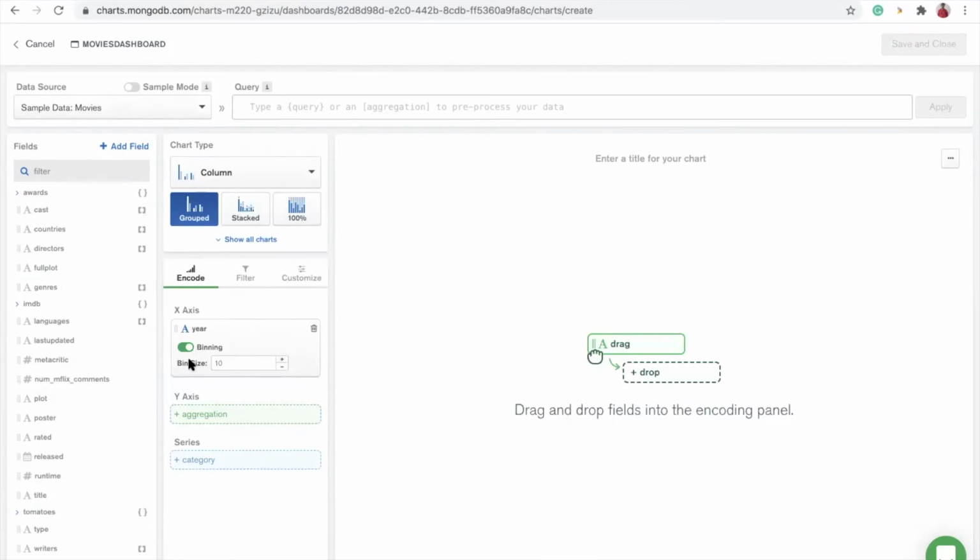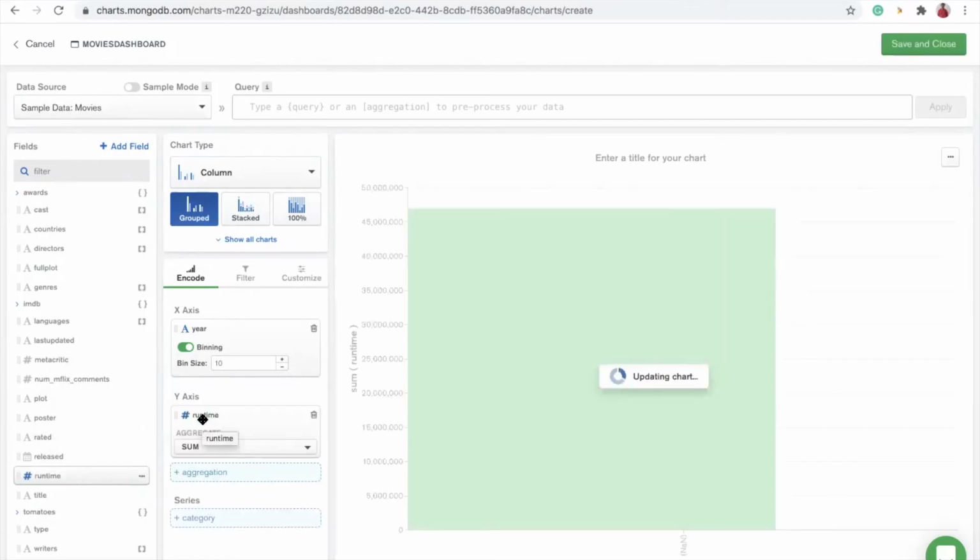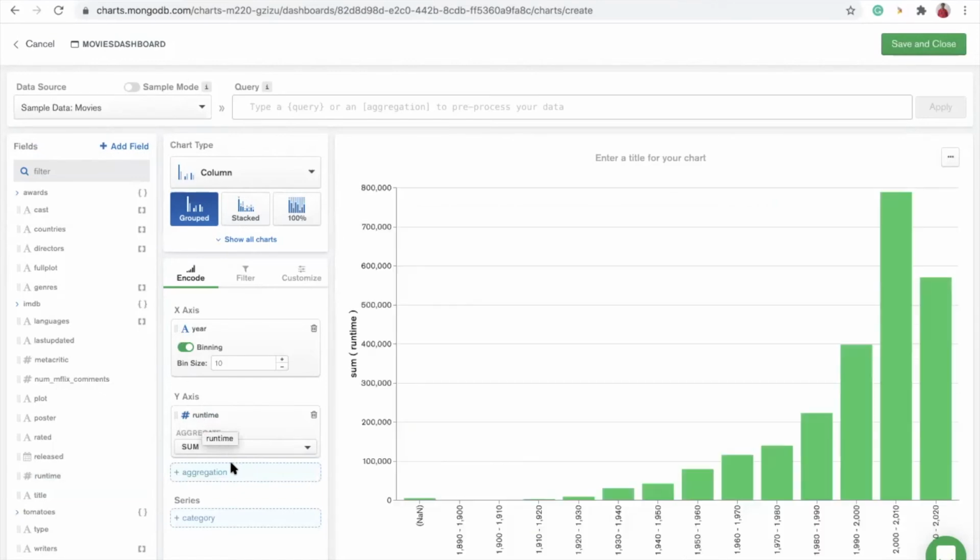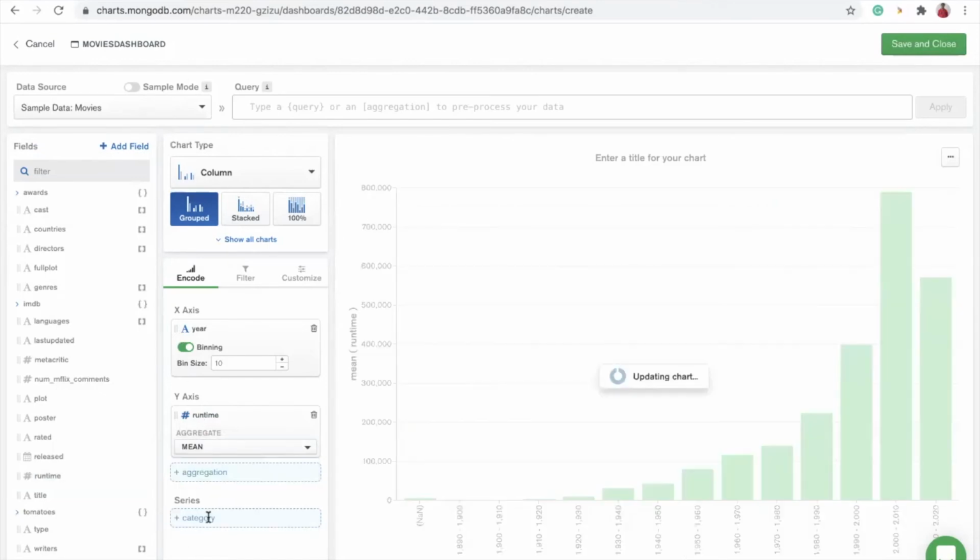When I selected the year, I am binning it with a bin size of 10, and for the y-axis I want runtime, and here I will be selecting the mean.